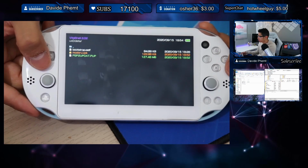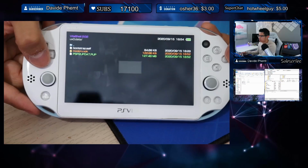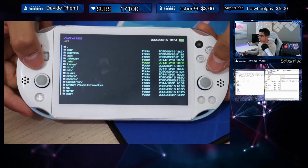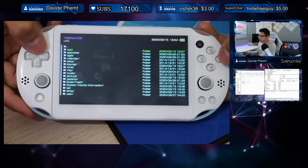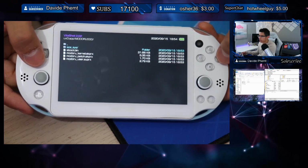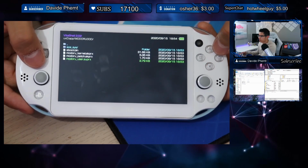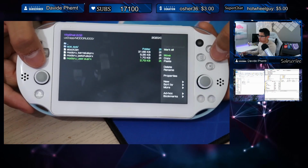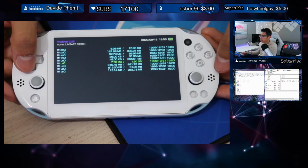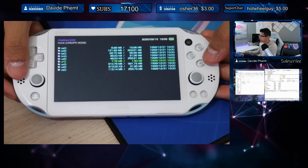So let's select the firmware. We're going to press triangle, and we're going to copy this. Copied one file, hit OK, and we're going to go back to the app folder here, and under Modoru we're going to open that up and press triangle to paste that in. After it's done copying over, we're going to go back to our URO folder here,